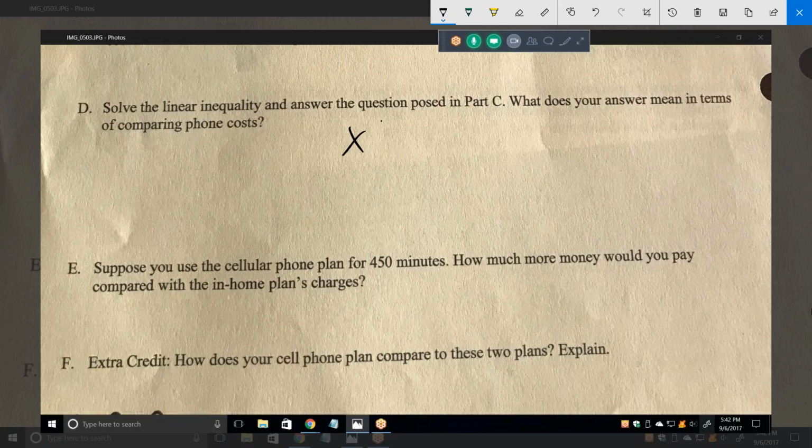And we get x has to be greater than 1,060.8. What does your answer mean in terms of comparing phone costs? Well, it would mean if you're going to make that many long distance calls,